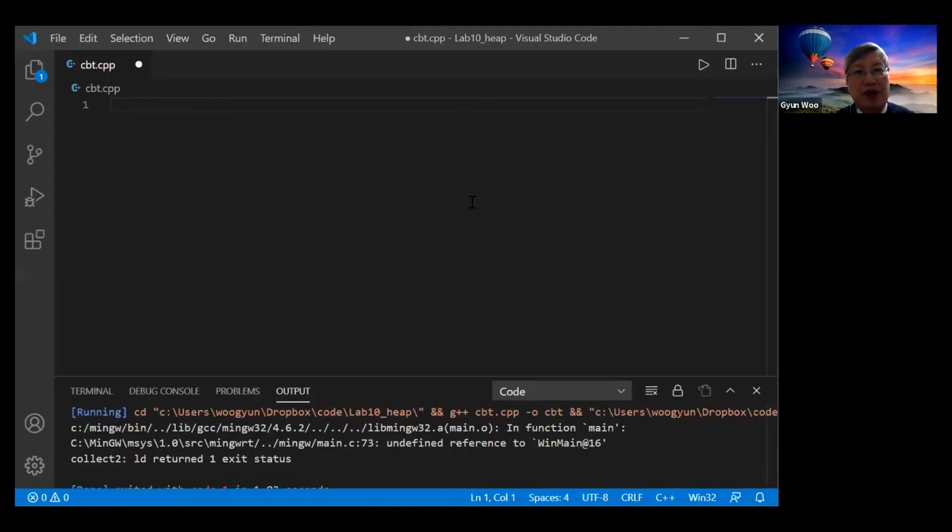So I already created the file cpt.cpp, but I erased all the contents. So let's start from include iostream, and using namespace std to make it convenient, and you'd like to make a class